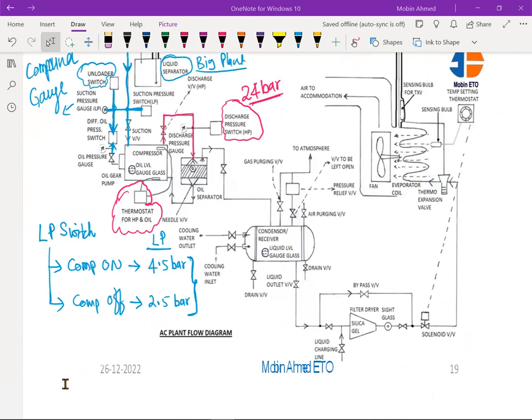Now, thereafter we are going to have the oil separator. Oil separator, because when we compress the vapor, the refrigerant oil is also going to be carried with the vapor, and that has to be separated. If we do not separate it, then it is going to give trouble